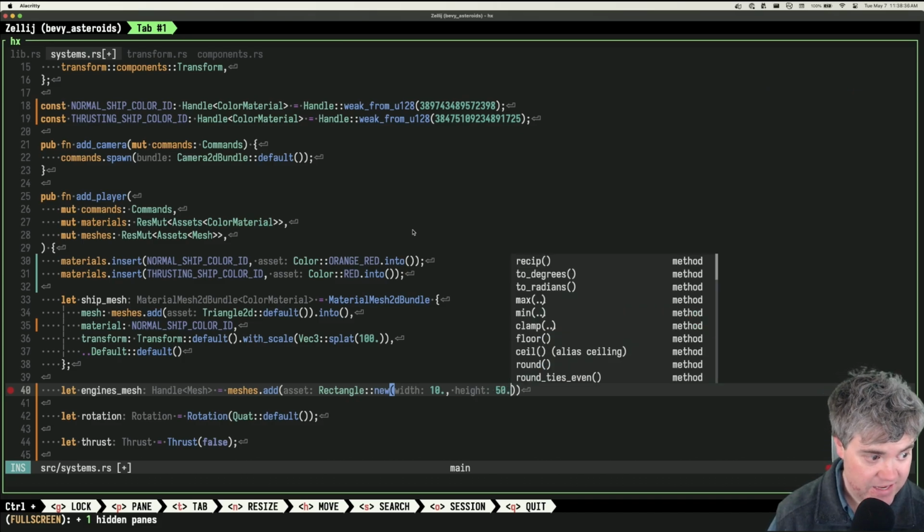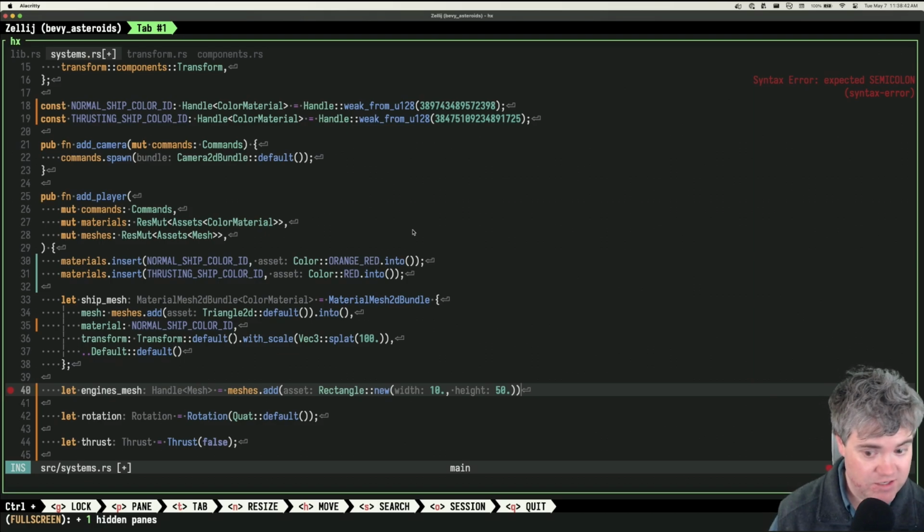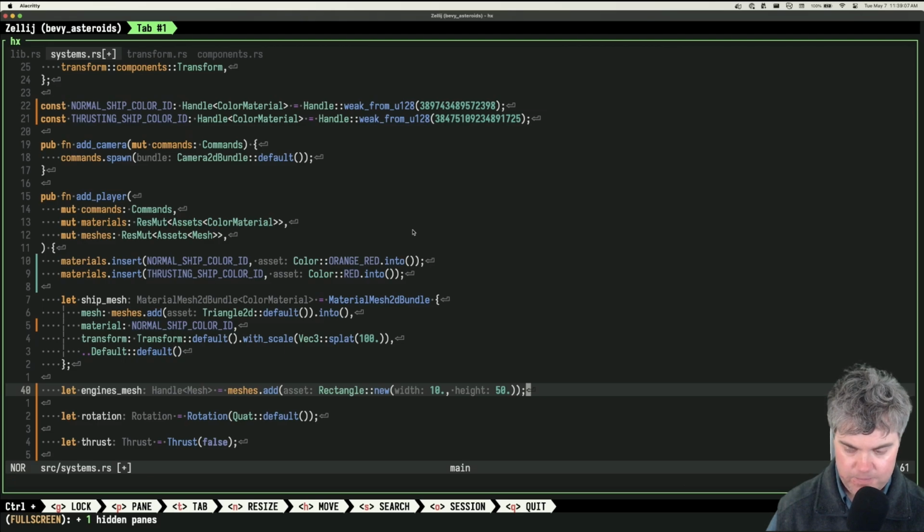It's going to be really big. I want to keep it big to make it easy to see. And then we can shrink this down to like 2, 3 or something like that. Okay, so engine mesh, we do that. Rectangle new, blah, blah, blah. We have this.